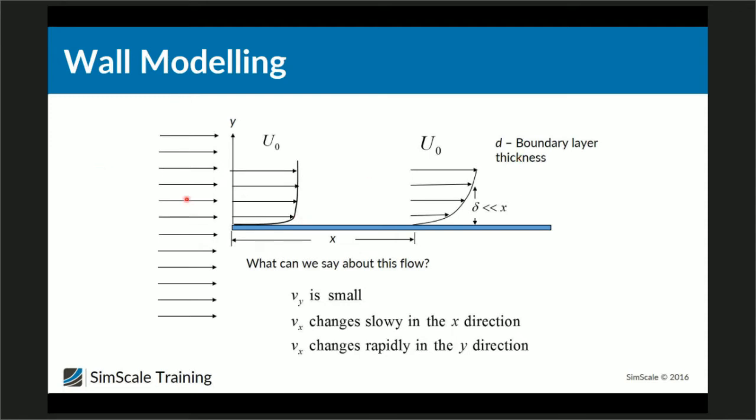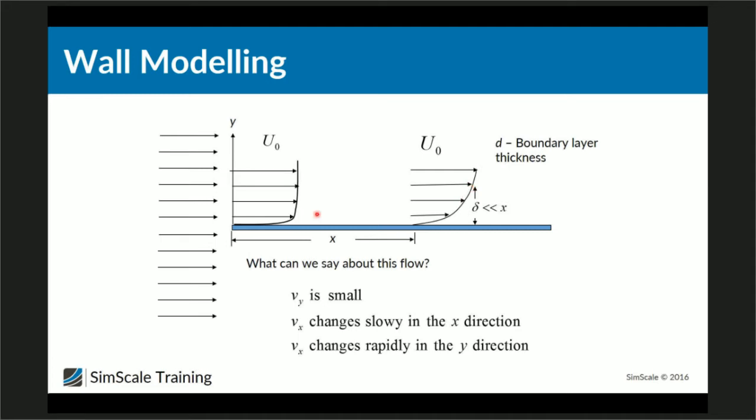As you know, the air at the surface of the plate is interacting with the surface, and there is friction. If you take a look at the velocity profile, represented here by these vectors, we have the free stream velocity u0, and if you go lower to the wall, you get this curved velocity profile. If you take a look at the velocity profile downstream, you will see that the profile has changed and become